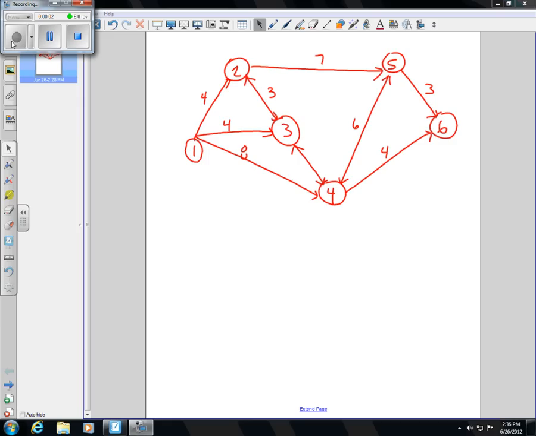Hey class, this is Bob, and we're gonna tackle what's called a shortest route problem in this video. So the shortest route problem, as the name implies, is a way to find an optimal path where the optimal means shortest. So what I've done here is I've drawn a diagram that might illustrate a situation we face,